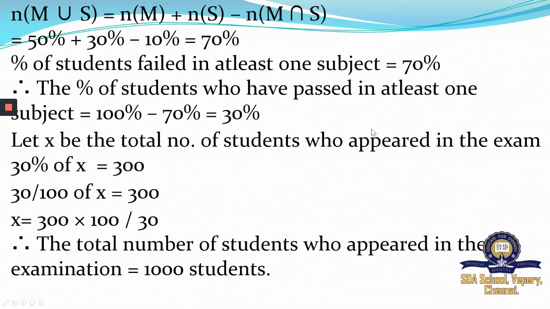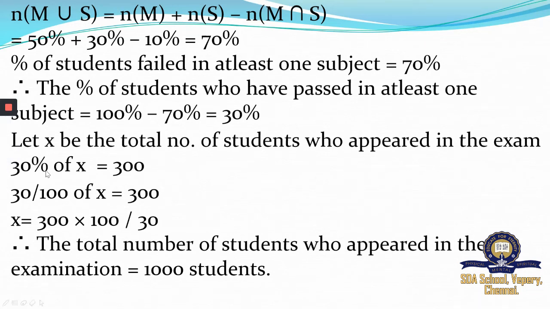Now we have found the percentage of students who passed in at least one subject, that is 30%. Am I right? So 30% of X, X stands for the total number of students. The answer alone we know is 300. So I hope you can understand how we got this equation. Let me repeat what they have told us. 30% of X. So how do we get this? 30% is the pass percentage of the total number of students, which you and I don't know. Let us write it as X itself. But then we know the answer for it is 300, which is given to us.